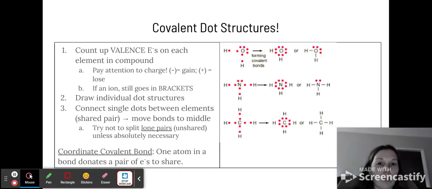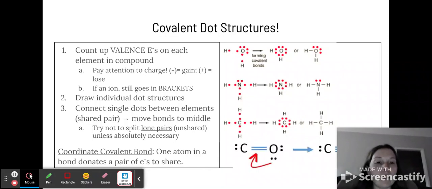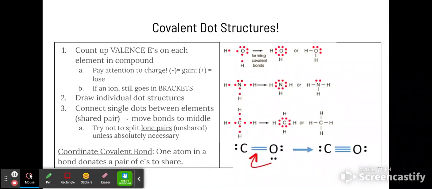And then here shows you just a quick picture of how you would make those dot structures for a covalent bond. And then as you can tell here, let me X out of my picture, you can see this bottom one is a coordinate covalent, because if you look at